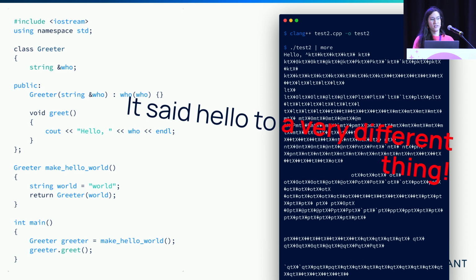But that pointer to that stack local variable kind of escapes that scope because we've given it to the greeter and returned it. And so now we have this reference that is no longer valid. It's a reference that has outlived the lifetime of the data that it references. And so when we try to print it out, we're pointing to who knows what, and we get a whole bunch of garbage.